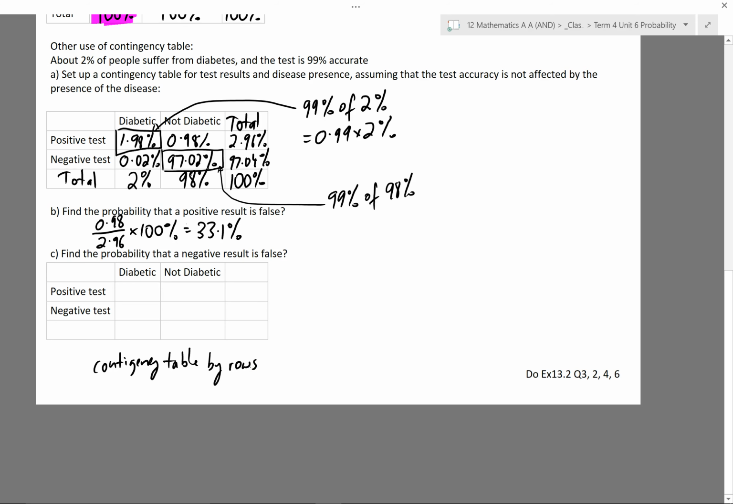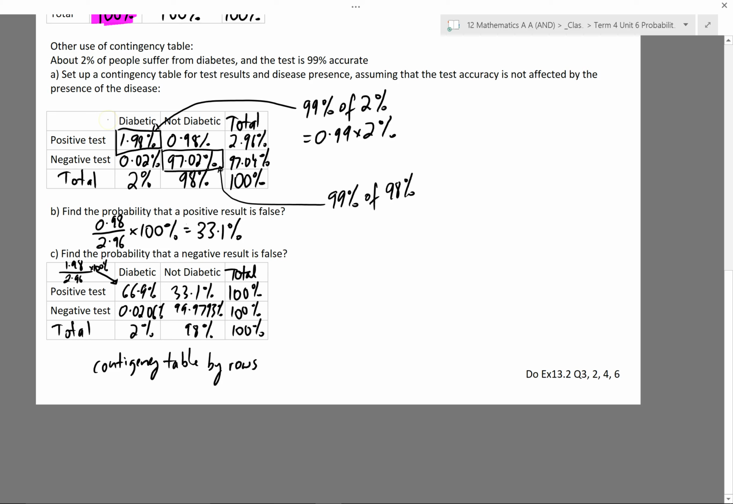Okay, so converting it to a contingency table by rows, I'd have 100% horizontally with my totals here. And even though my top table is all full of percentages, I'll still do the same thing. So in here would be my 1.98 from here, divided by its horizontal total of 2.96, converted into a percentage. So I'll go ahead and do that for all those